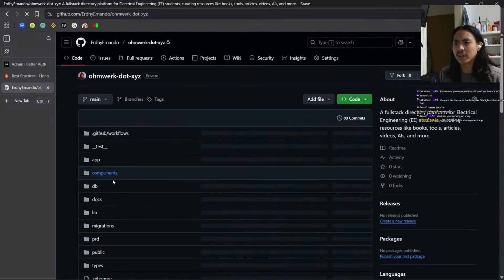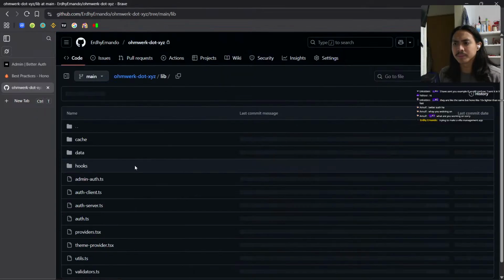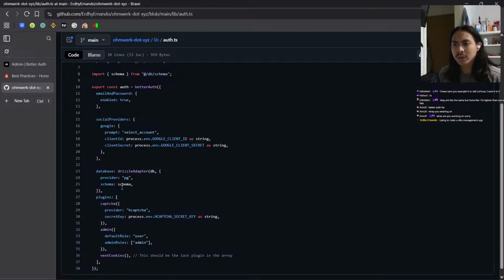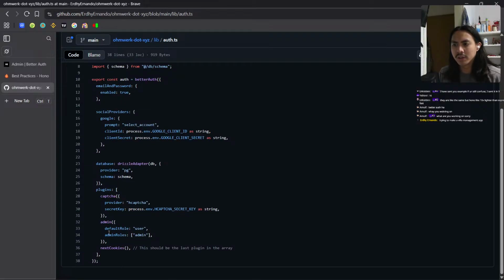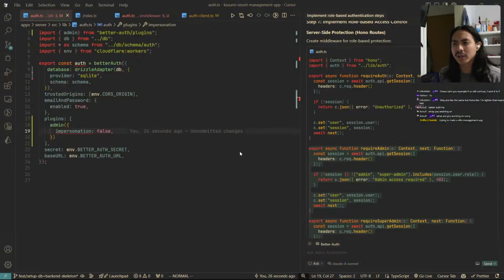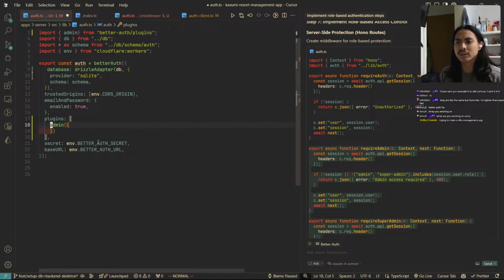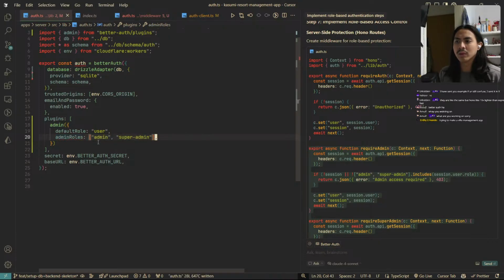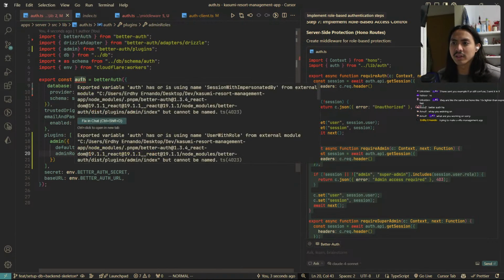I would just have the default roles and admin roles. So I don't know why then we would have that admin and super admin, but this is still throwing out